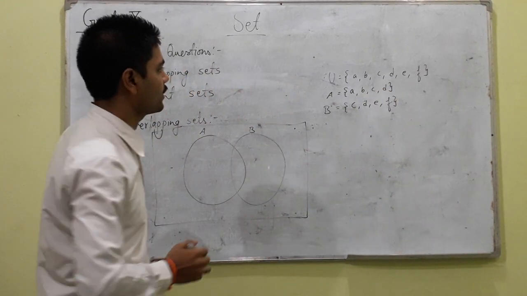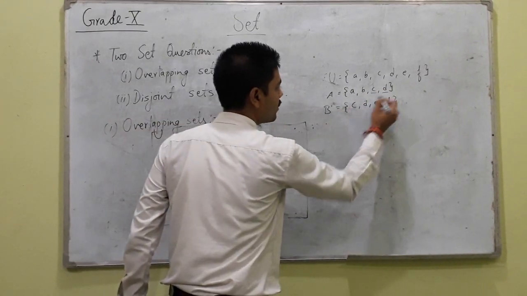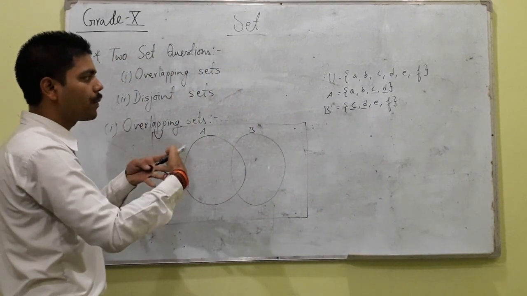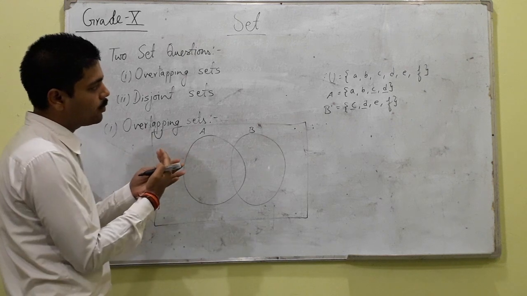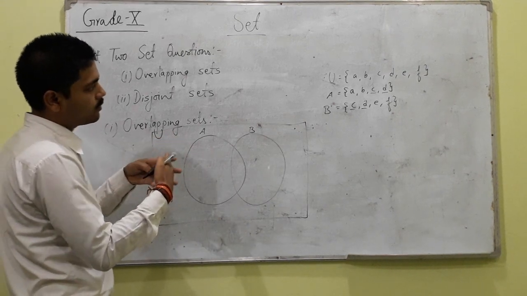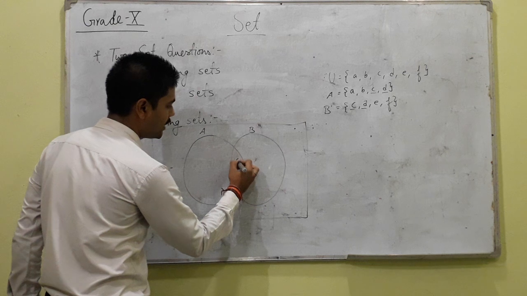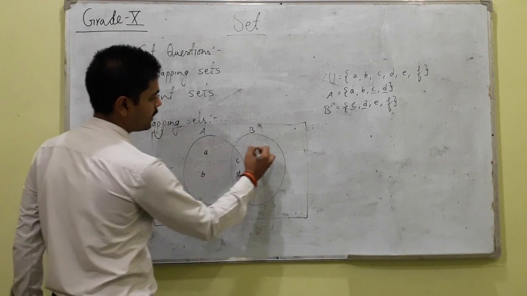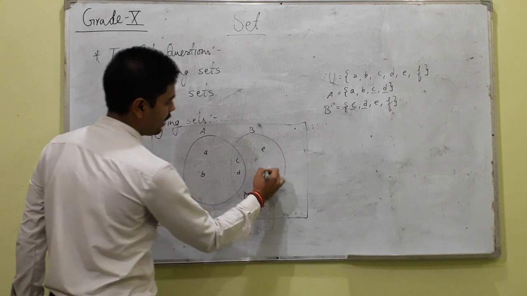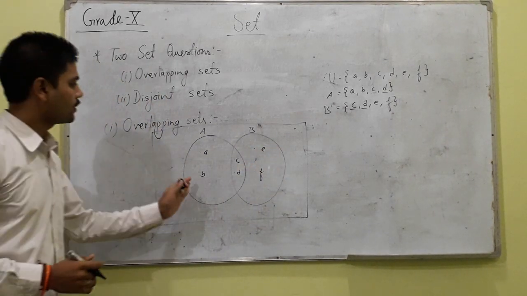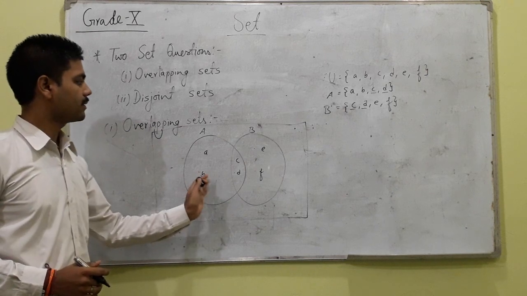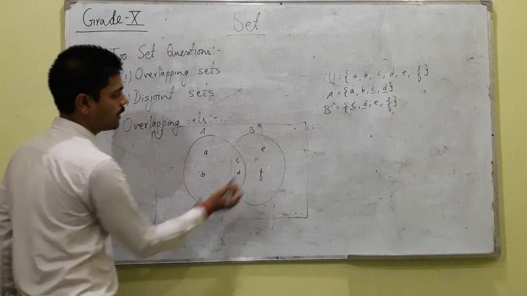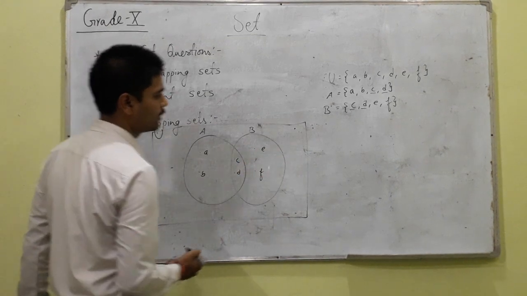What we understand here is that there are two elements common in both A and B. It means both of them will overlap. They will not completely overlap, they will just overlap with some elements, that is element C and element D. Whereas elements A and B, and elements E and F, are separately kept on the set A side and set B side. This area is called only A and the other is called only B.